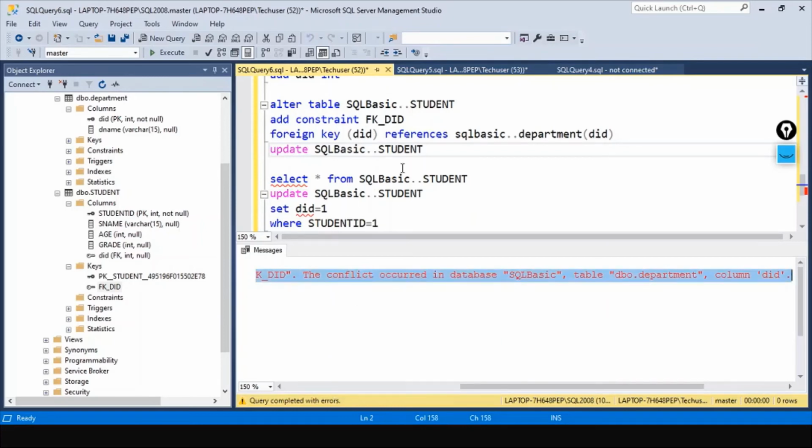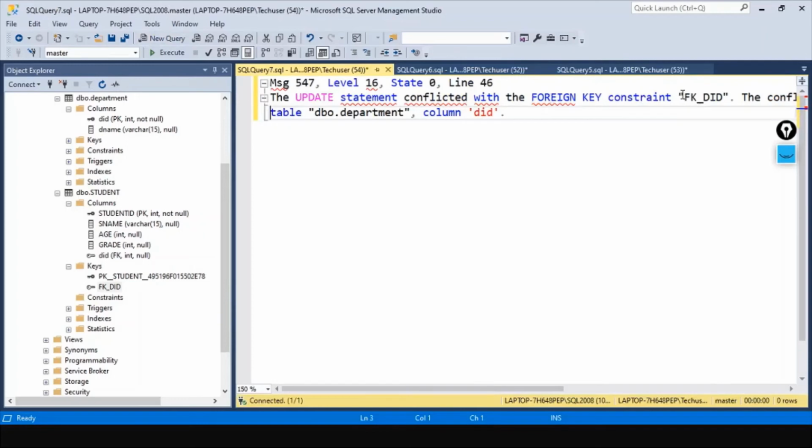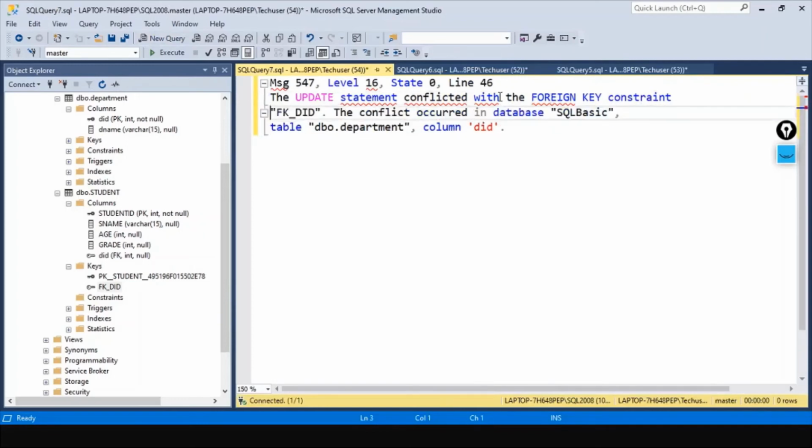This is the error we have got. The update statement conflicted with the foreign key constraint fk_DID. The conflict occurred in the database SQL basics, table dbo.department, column DID.